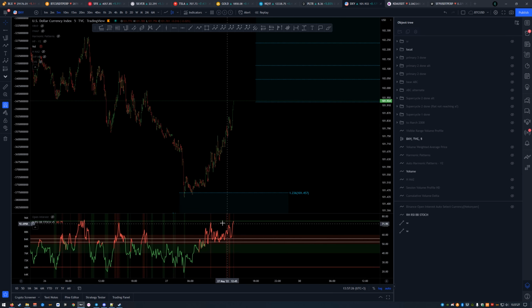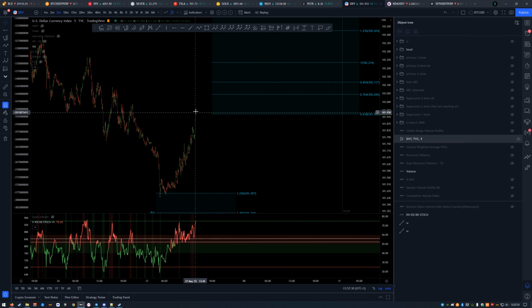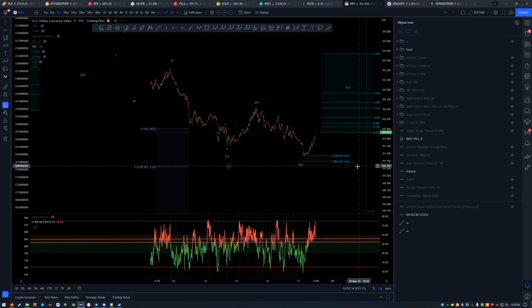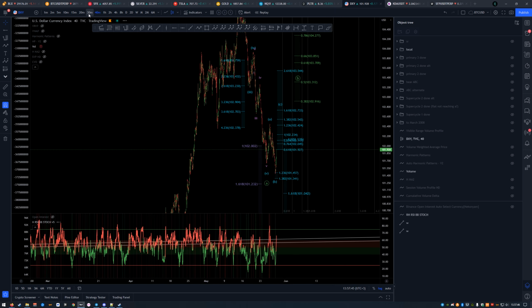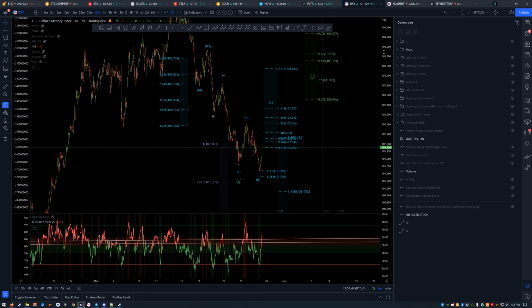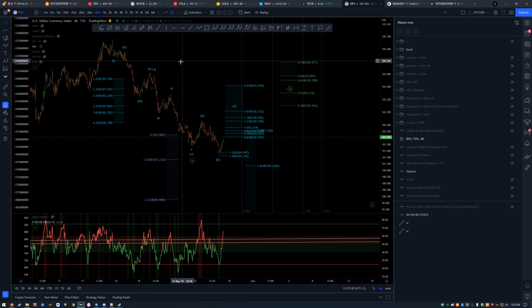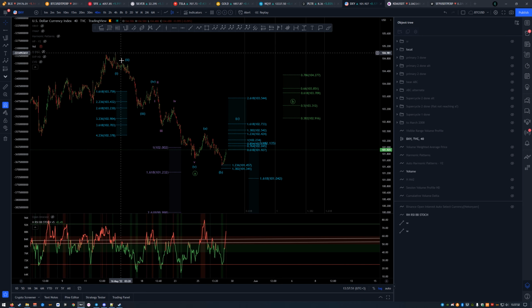Now we are really on a high area on RSI already here, so we could be expecting some kind of dump here before heading up higher. As we are expecting the 5 waves, we would be expecting some kind of wave 2 here as well anyway, and then we were looking for higher targets. Now, did we have some other options here? Yeah, there's so many ways you can interpret this.